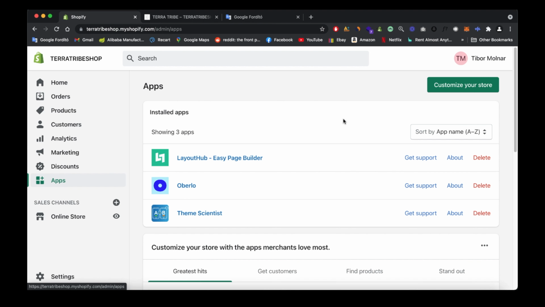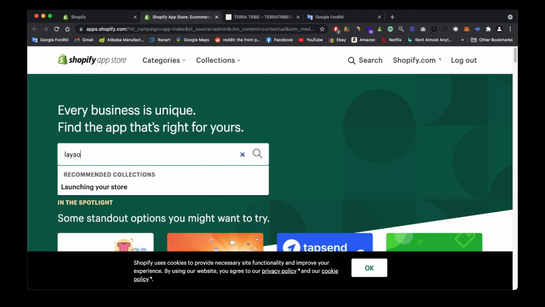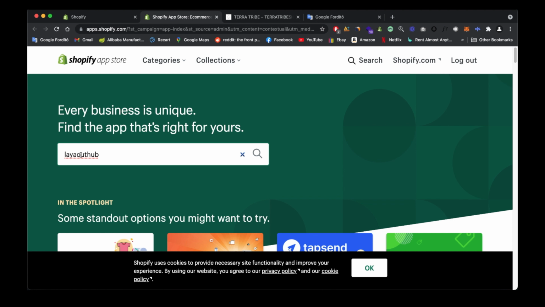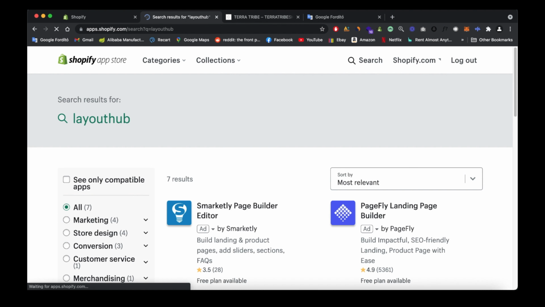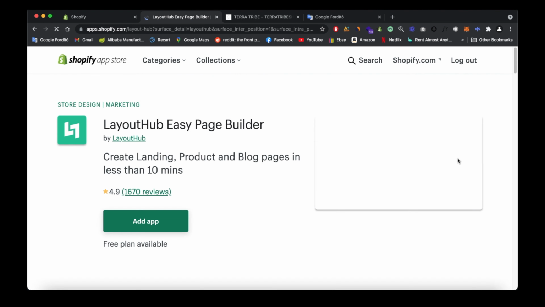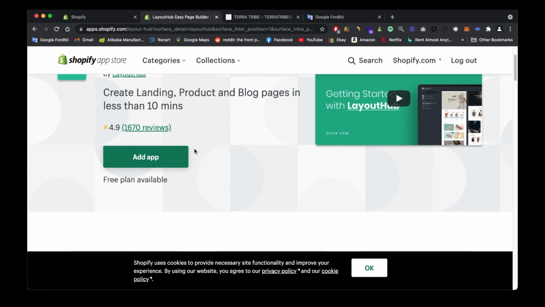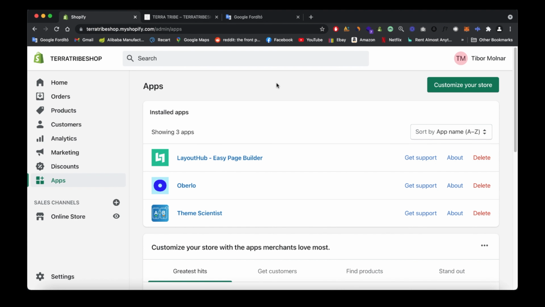So let's go to apps, and if you don't have this app, go to customize your store. Let's search for LayoutHub. And you need to download this. It's free to use, so don't worry. You can add the app here. So as I downloaded it already, I'm just gonna close it and let's open the